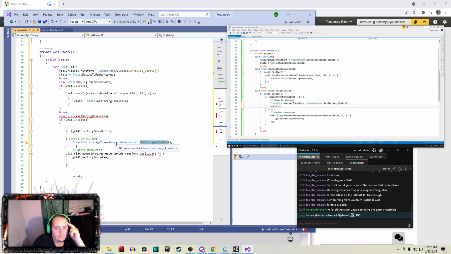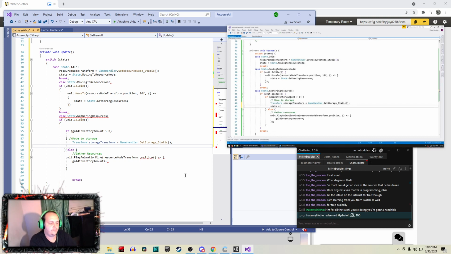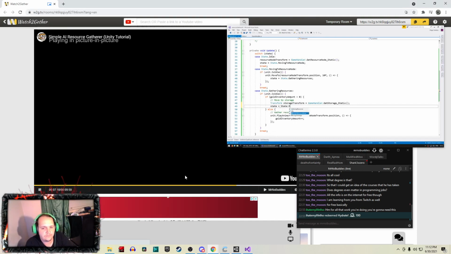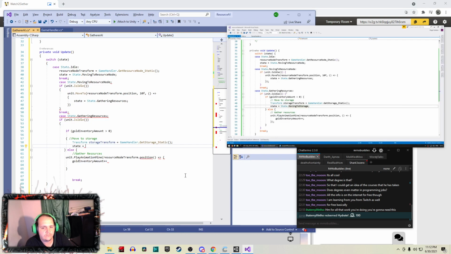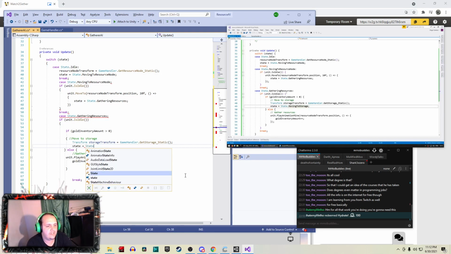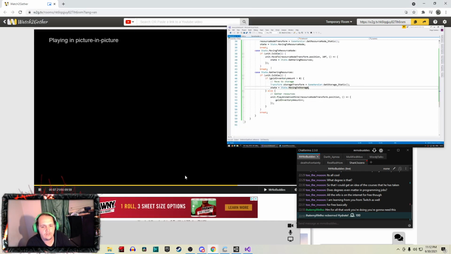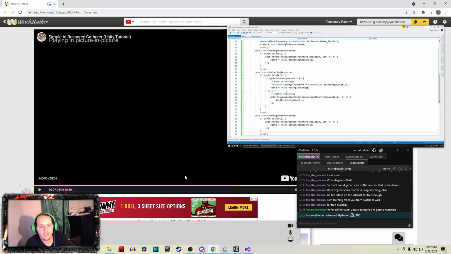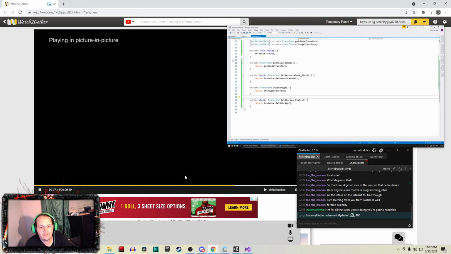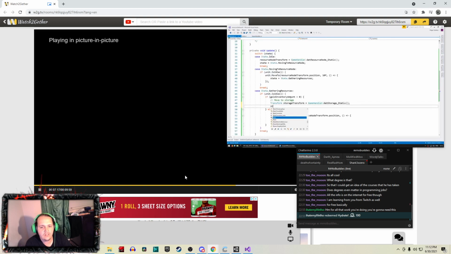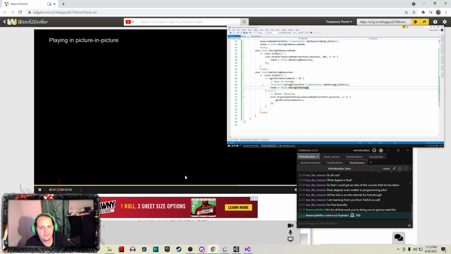So state equals State dot moving to storage, and when moving to storage, we're going to do something similar to